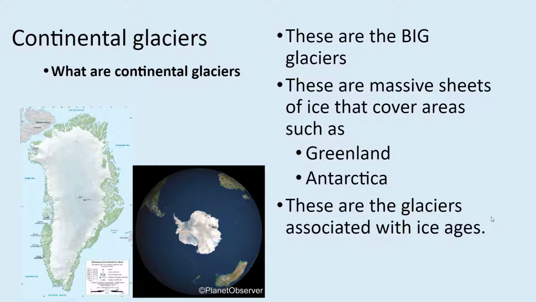And you guys, we're not talking a little sheet that's a few inches thick. We're literally talking about sheets of ice that are thousands of feet thick or even miles thick. If we're looking at the glaciers that were on this planet during the last ice age, you're literally talking about glaciers that are 1 mile to 2 miles thick.